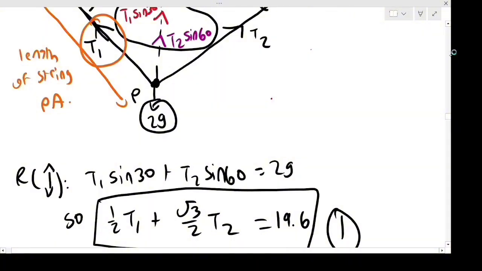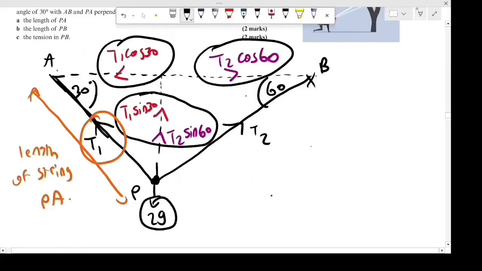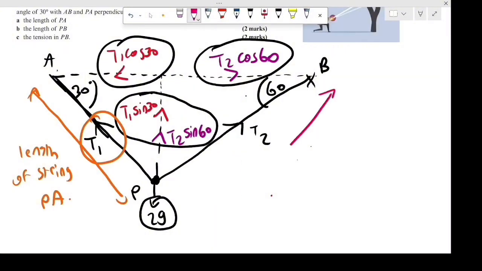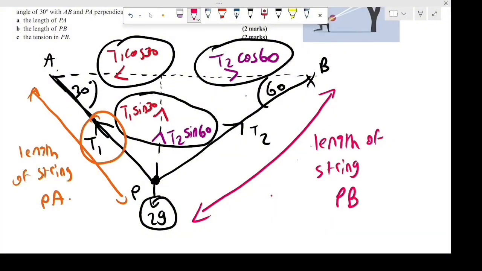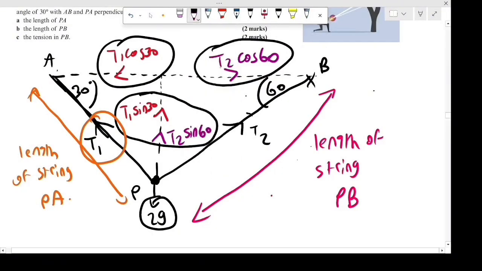Then in part B, they want the length of PB. So it's going to be that length there. Okay. Well, so the length PB, in other words, the length of the string PB. Okay, now, what we need to notice, you might be thinking, well, let's use Hooke's law for PB because I know what T2 is. However,